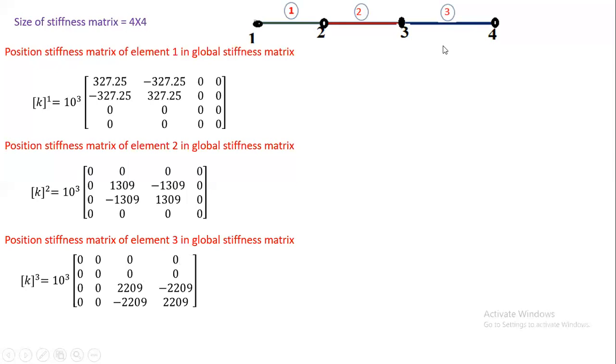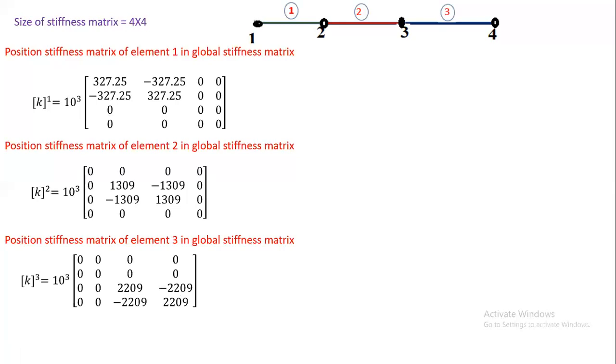Okay, and the locations of the coefficients of the stiffness matrix of element number 3 are at 33, 34, 43 and 44. Okay, these are the locations of the coefficients of the stiffness matrices of individual elements in the global stiffness matrix.